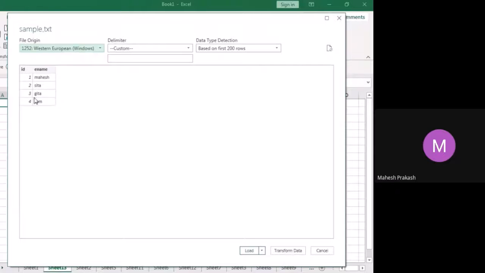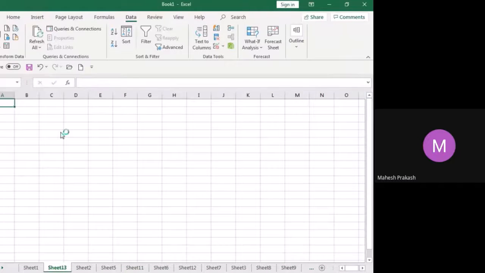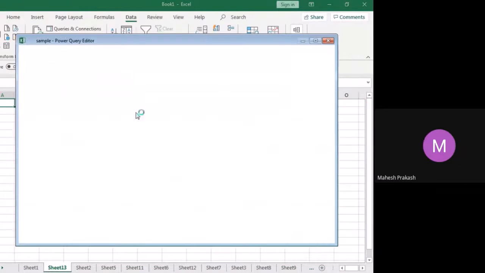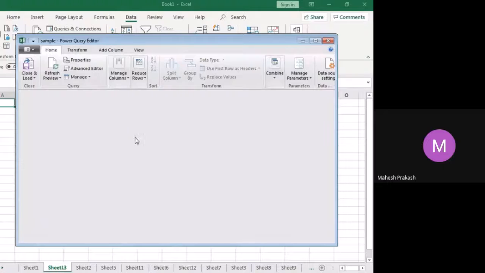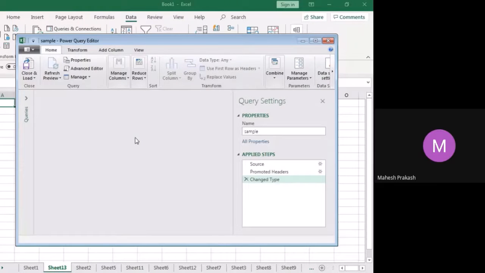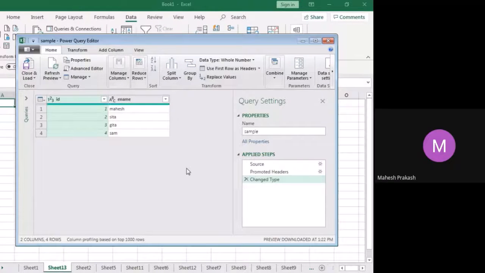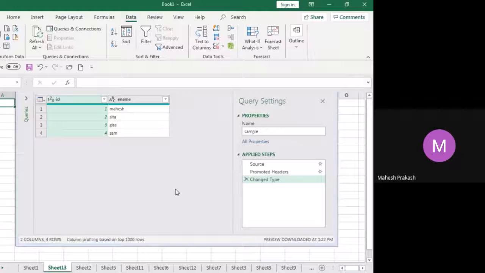See, this is how the data will be coming. So transfer data. Yes. So this is how we'll get it. Close and load.